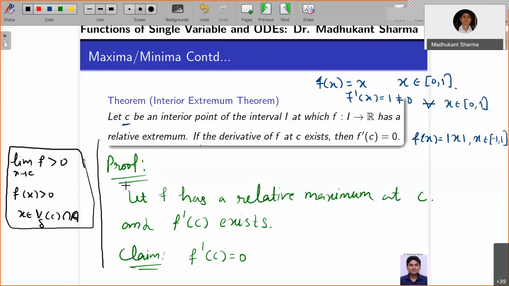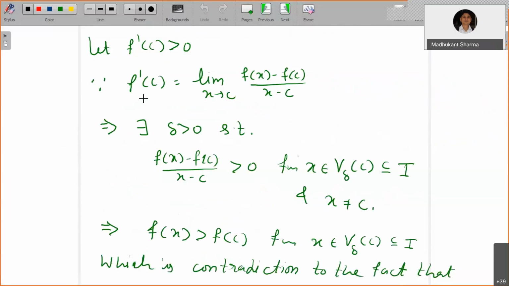Let f dash of c be greater than 0. Since f dash of c is greater than 0, you will always be able to identify a delta such that the function remains positive inside that neighborhood, with x not equal to c, surely, because it's an indeterminate form for x equal to c. So f of x minus f of c divided by x minus c is greater than 0 for all x belonging to V delta of c, a subset of I. This implies that f of x must be greater than f of c for x belonging to V delta of c,